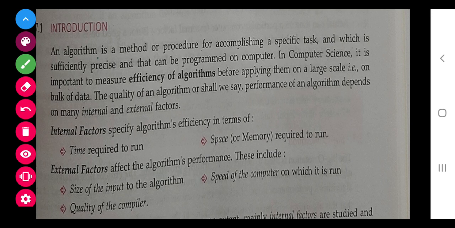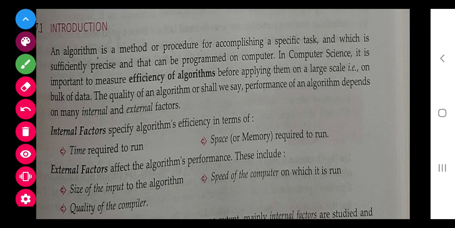These are the external factors, but mainly we focus on the internal factors because we cannot control the speed of the computer. If our program is running on a very slow computer, then obviously our program is not efficient for that computer. So basically in external factors we mainly work on inputs, and in internal factors we work on both time and space.